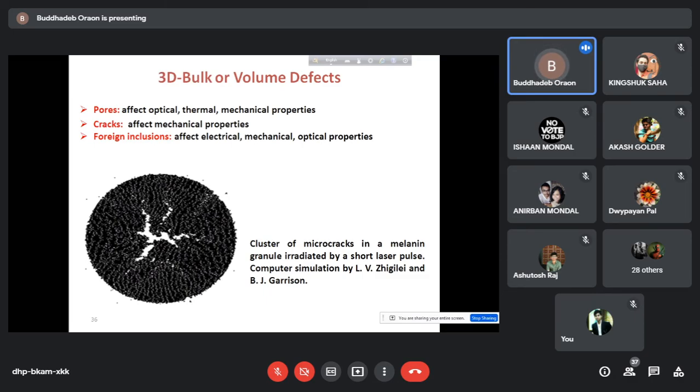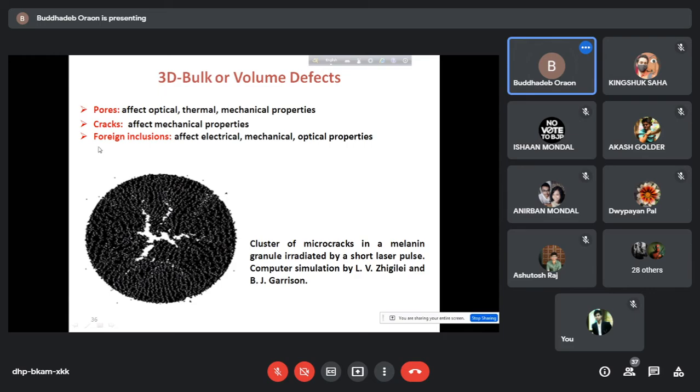Then comes the 3D defects or volume defects or bulk defects. So these are some of the defects: pores, cracks, foreign inclusions. So these are actually some of the defects. As I was telling, sometimes we require these type of defects. Intentionally we mix some materials to do foreign inclusions in the materials, and definitely it affects the electrical, mechanical and other properties